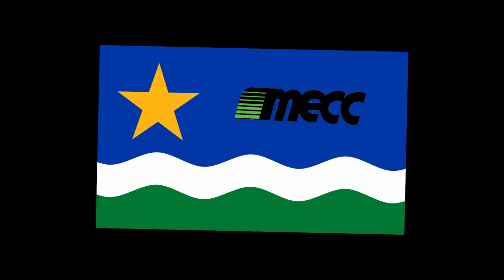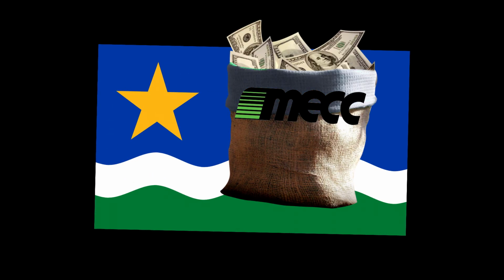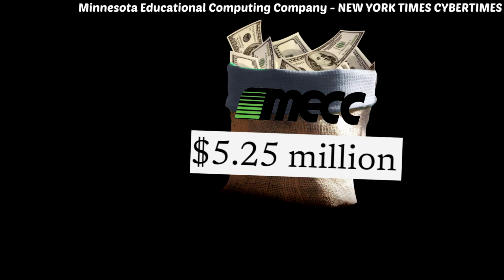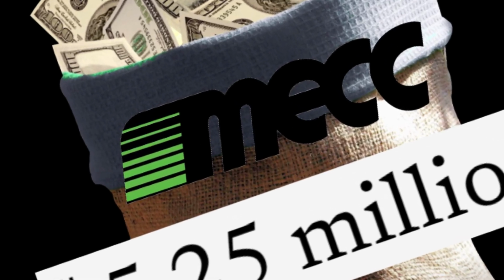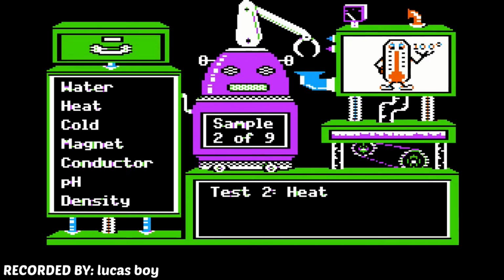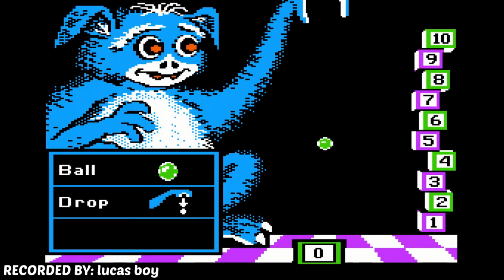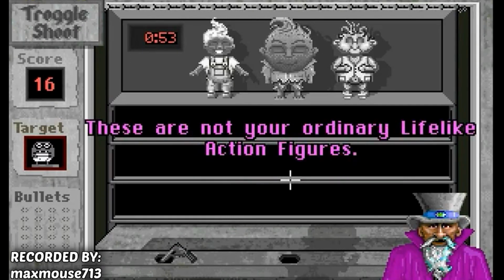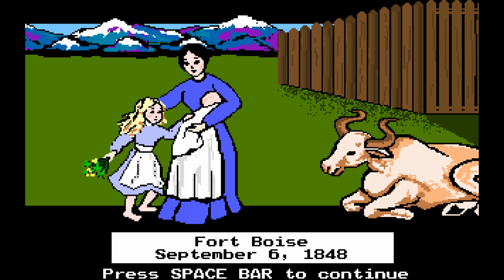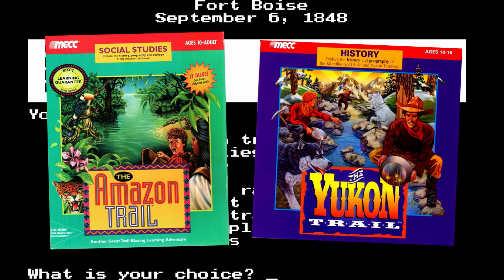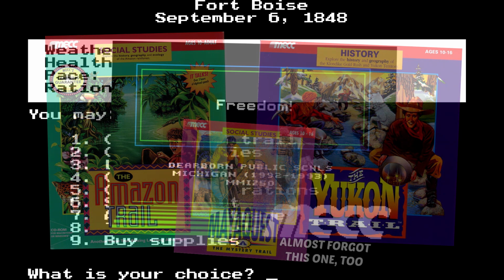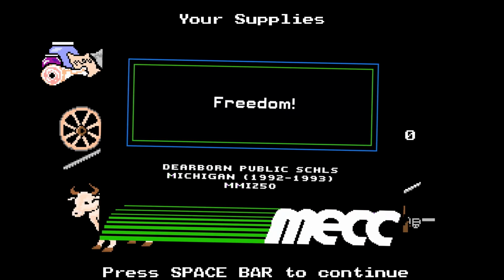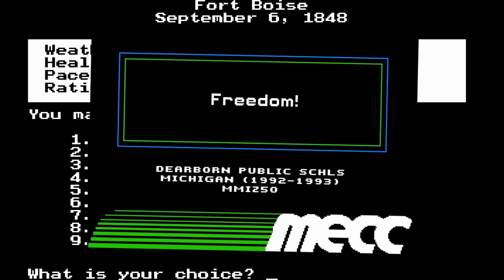However, the state of Minnesota could not provide them the necessary funding to get them there, so they sold off the company to a venture capital firm for a little over $5 million, and they let loose. Soon after, their output started seeing less projects like Mystery Matter and Woolly Bounce, and more projects like Snapdragon and The Secret Island of Dr. Quandary. But Oregon Trail was still their cash cow, which is how we saw spin-offs like Amazon Trail and Yukon Trail. Freedom, though, arrived before either of those two, and has a peculiar inspiration.